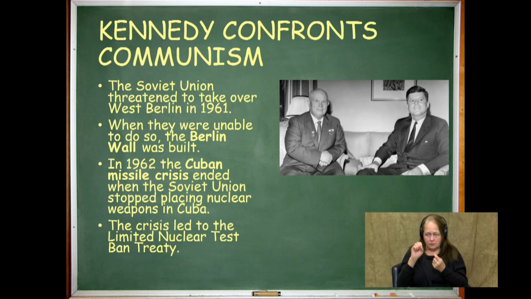The Soviet Union had threatened to take over West Berlin in 1961. But let me back up just a little bit, because we need a little bit of context on how this came about. Right after World War II, the separation of Berlin began in 1945 after the collapse of Germany. If you remember, Germany was one of the Axis powers, and they had lost in the war. The country was divided into 4 zones, where each superpower controlled a zone. And in 1946, the reparation agreements broke down between the Soviet and the Western zones.